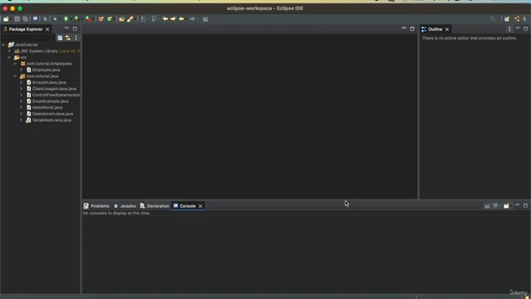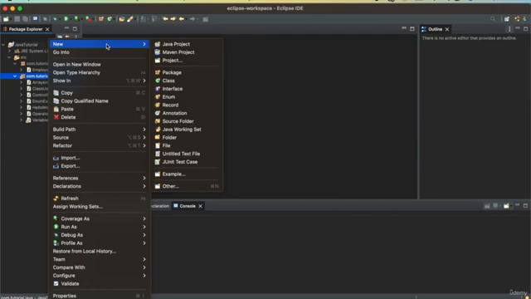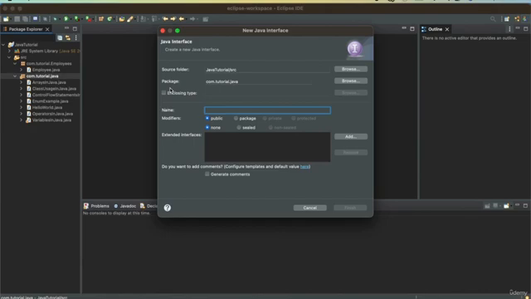In this video, we will see how we can define an interface in Java and how we can define a class that implements that interface, and we will define a class with the main method that will call the class that implements the interface and print some values. So let's get started. I'll define a vehicle interface. In order to define an interface, I'll say new, I'll go to interface here. The name is vehicle,